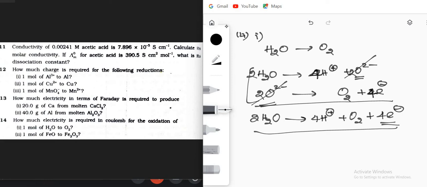So when a water molecule undergoes this process, it releases 4 electrons. Loss of electron is oxidation. So when a water molecule undergoes oxidation, it gives H+ ion and oxygen gas. Students, observe carefully, it gives H+ ion and oxygen gas. Now this is the balanced equation. To get 1 mole of oxygen,